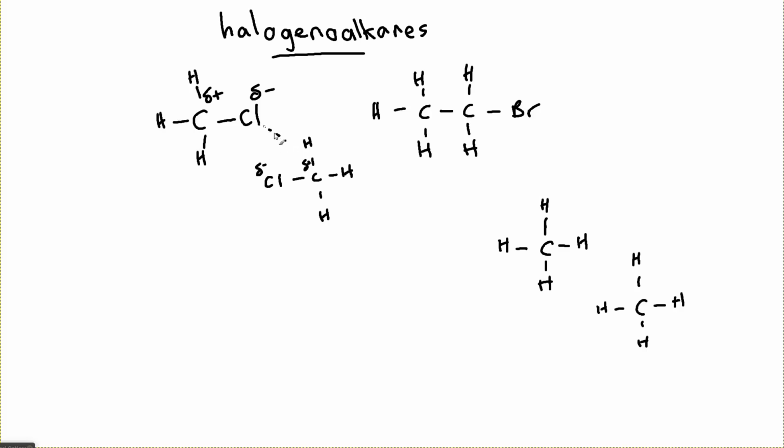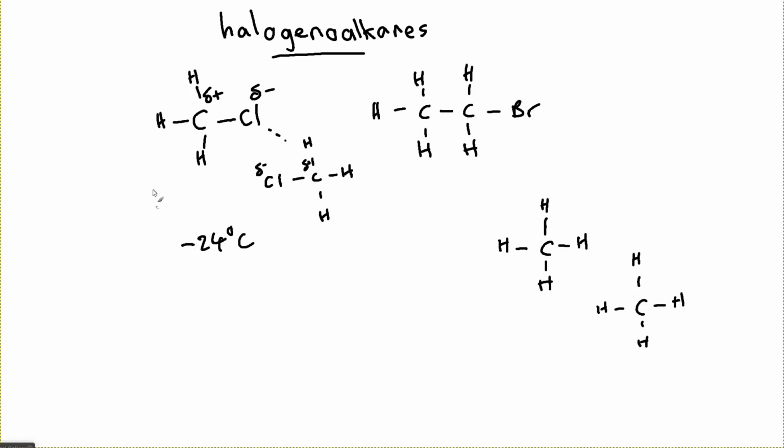but it's still not great. It's still not a strong interaction. It's still a pretty weak interaction. So for example, something like chloromethane here will have a boiling point of around about -24 degrees Celsius. It's going to be a gas at room temperature. The interactions here, although we've got a polar bond here, it's still that the permanent dipole forces that are going to interact between these molecules are still not strong, they're weak, and we're going to still have quite low boiling points. So at least the short chain halogenoalkanes are going to tend to be